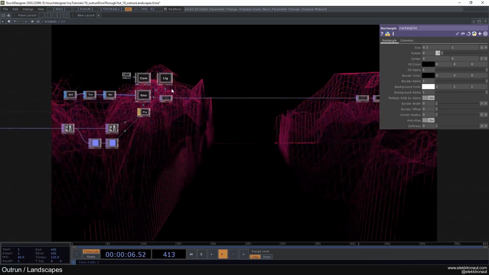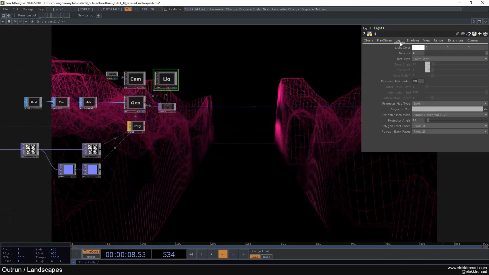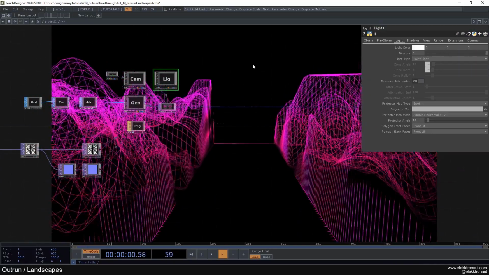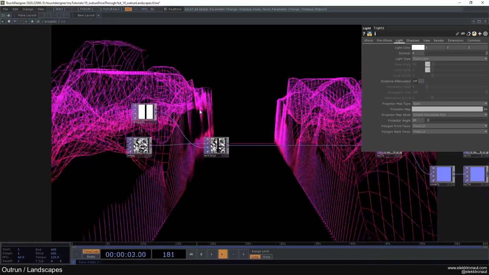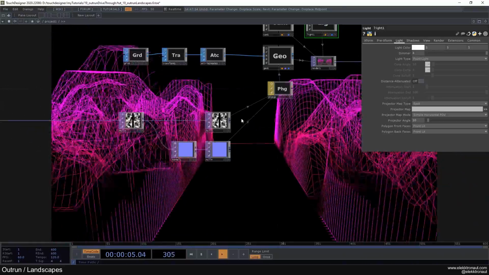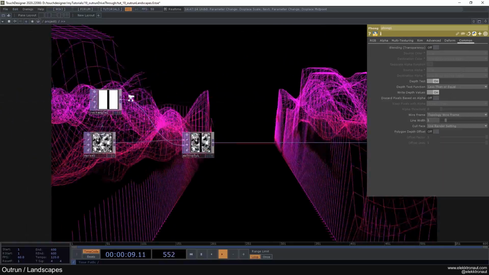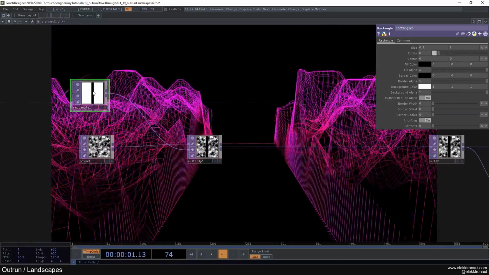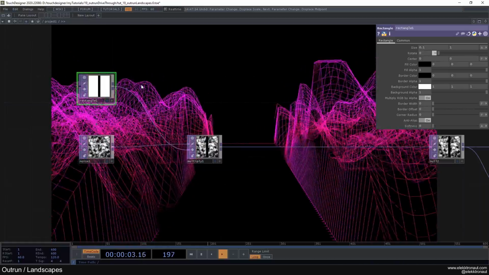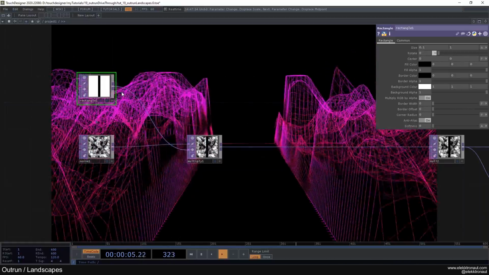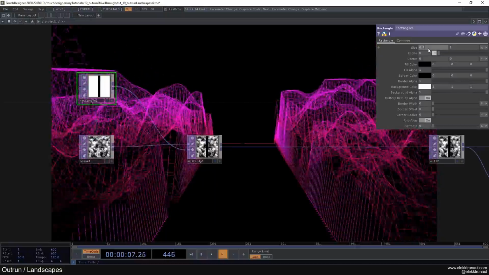Also, one thing, just so we can see it better, on the light I want to change the dimmer to like 4, so it's just a lot brighter. And now we can actually also change the line width to 1 again. Alright, so to make this less extreme, we have 3 options, I think, or more, but I'm going to